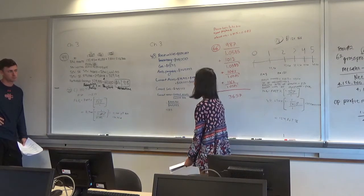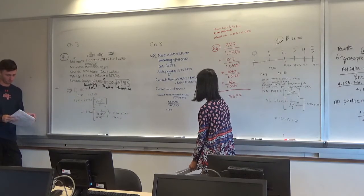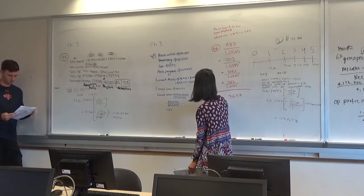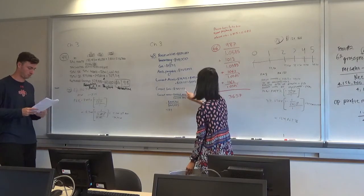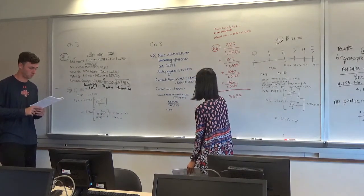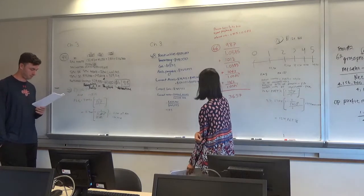Okay. So this is the current assets. It's cash plus inventory plus receivables, which equals $859,140. And this is current liabilities, which is just the accounts payable. And then the current ratio is current assets over current liabilities, which equals